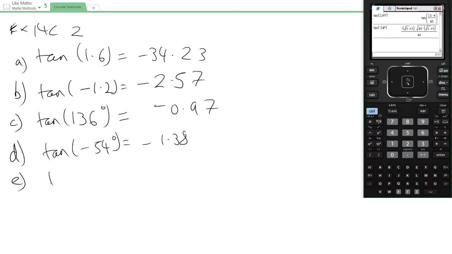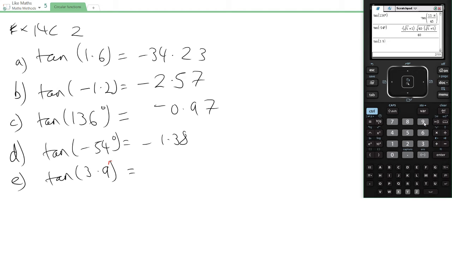E is the tan of 3.9. Now a little bit slack here. They've assumed because there's no symbol that it's going to be radians. So sometimes you see the little R. Some places use a little C. Just to make sure you know what unit you're dealing with, which helps you when you're typing things into the calculator. So click on trig functions, go across to tan, type in